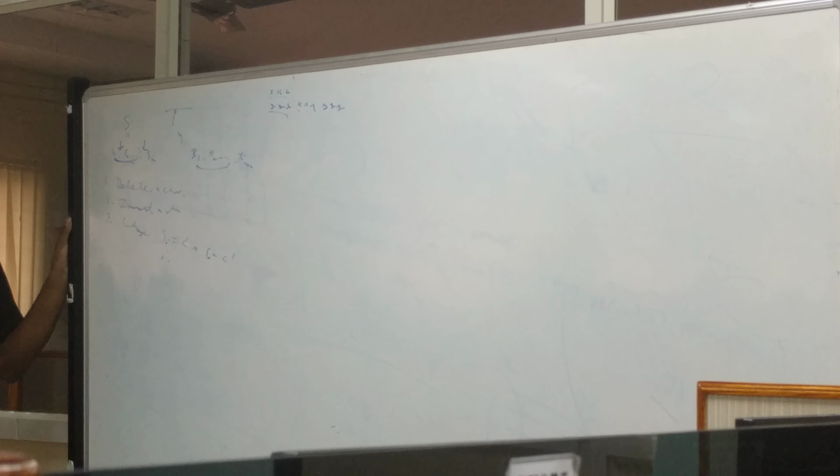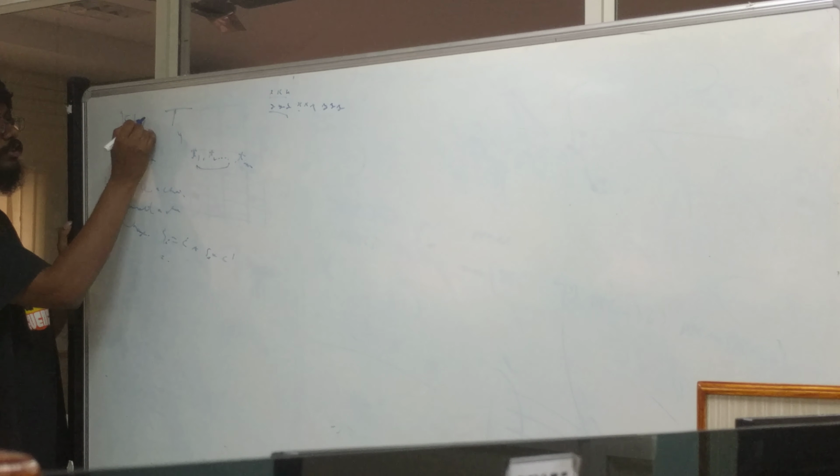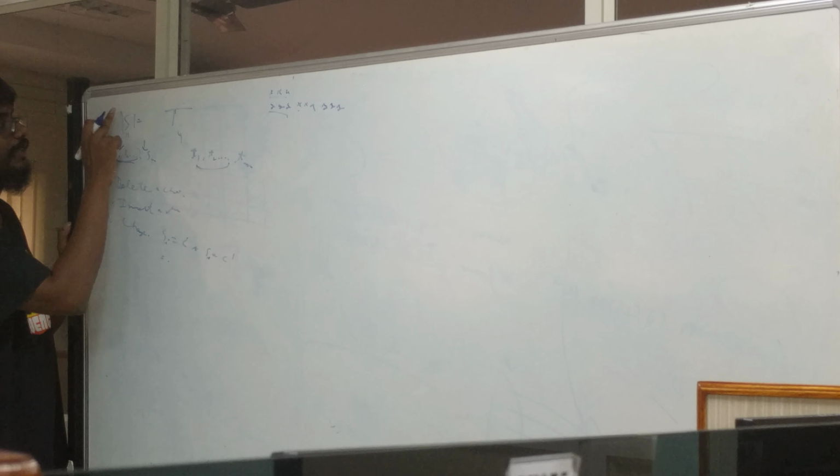Suppose I can find this. How many such subproblems are there? Let's say the size of S is n. So that's n into m such subproblems, right? Like, there are n prefixes of S, there are m prefixes of T. So there are n into m prefix pairs. So we're looking at